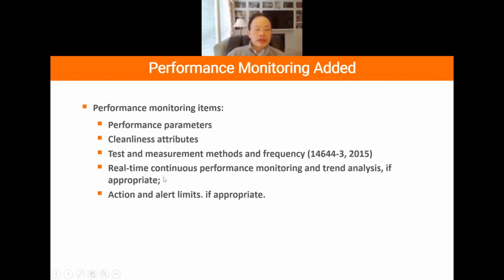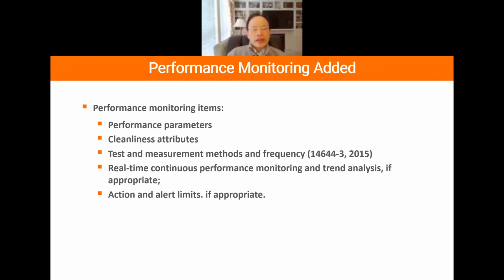Also very important is real-time continuous performance monitoring and trend analysis. Action and alert limits, when appropriate. Basically, now there is a lot of facilities that, as a part of their quality control